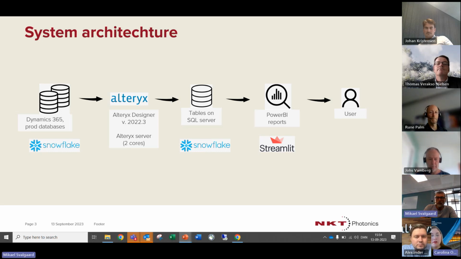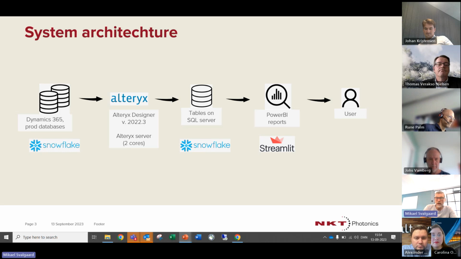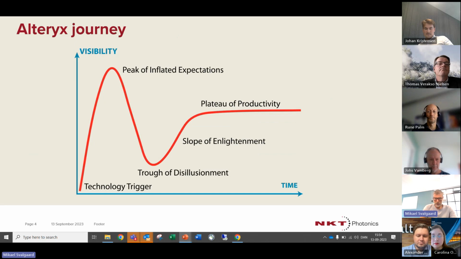Yes, absolutely. That was our system architecture, very, very schematically. Now, this famous graph called the Gartner Hype Cycle is about how new technology is implemented and adopted. Something new arrives, the technology trigger, time progresses, and it suddenly pops up on everyone's radar. This could be ChatGPT, AI, chatbots coming. Everyone is talking about it. It's on every news channel and every newspaper, and people are talking about it in the canteens. No one is really using it for much.